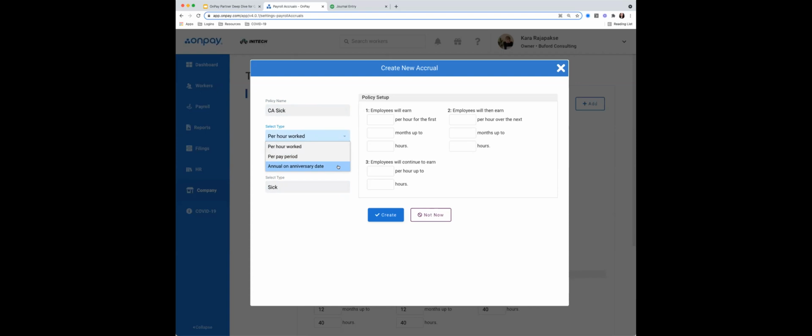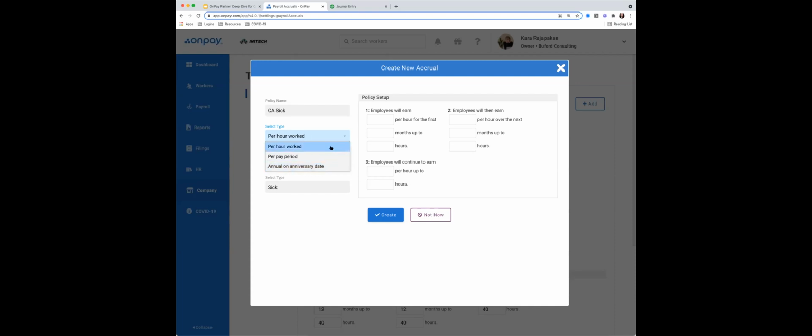Anytime that we use the term anniversary date, that is a completely programmable field. It doesn't necessarily have to correlate or correspond to that employee's hiring date. So as an example, if we need to shift when they are eligible to begin accruing, maybe it's a 90-day probationary period and then they can start accruing, or they get the front loading sum at that time. That's an example where that anniversary date may be a little bit different.